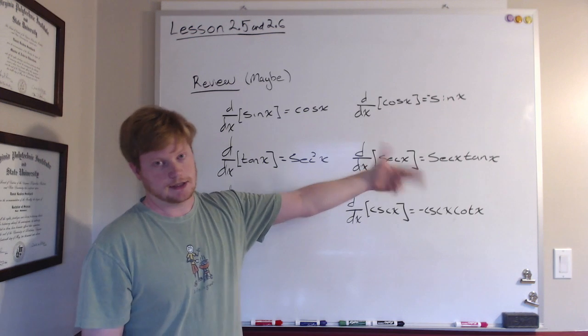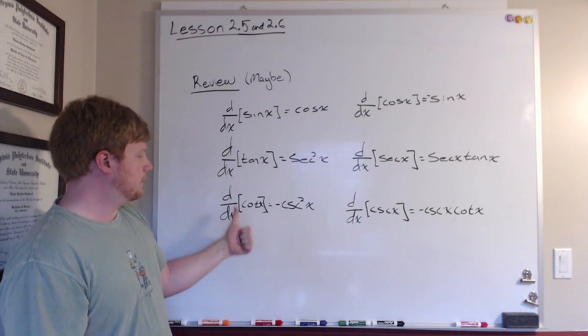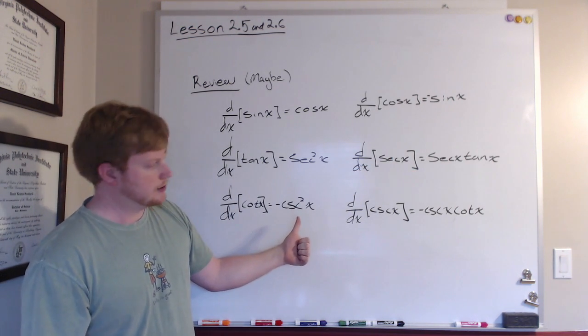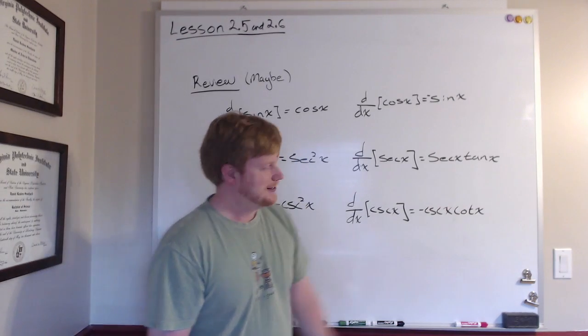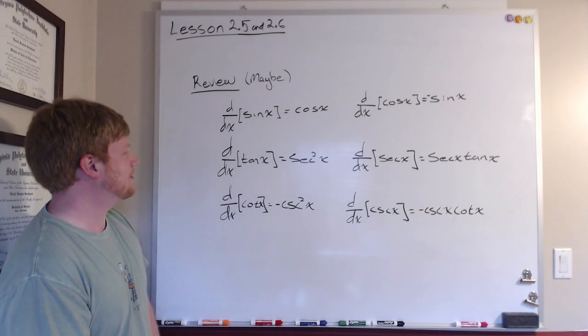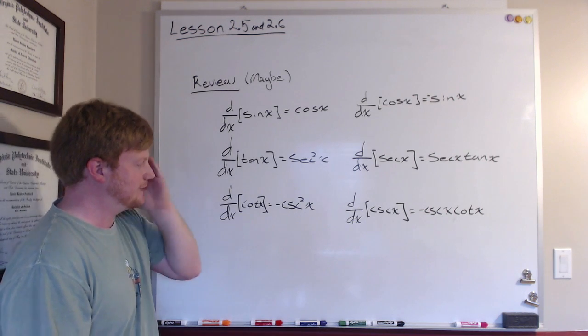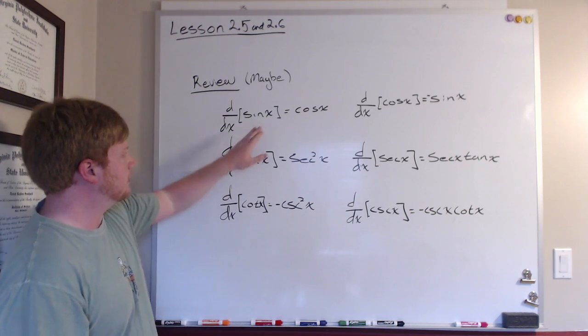The derivative of secant is secant tan. And the derivative of cotan is negative cosecant squared. And the derivative of cosecant is negative cosecant cotan. Now, I know that seems like a lot of information to just know and be able to recite, but these